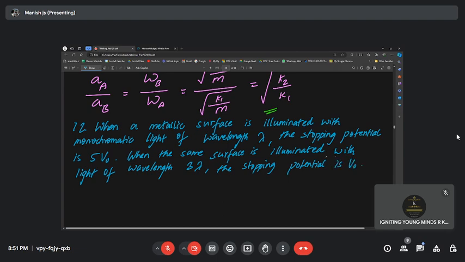Okay, it becomes V naught. The work function of the metallic surface is